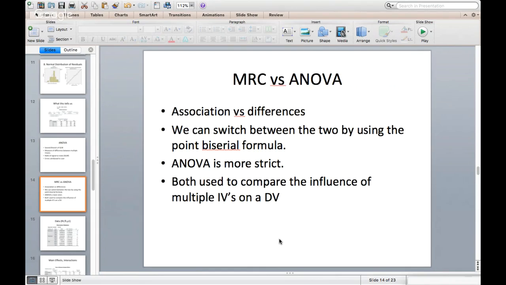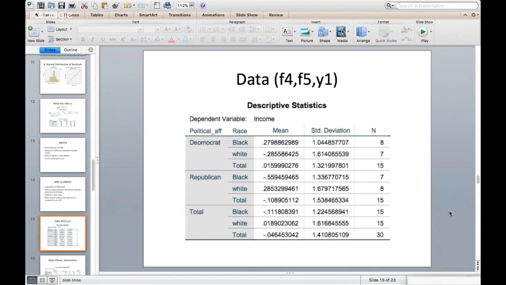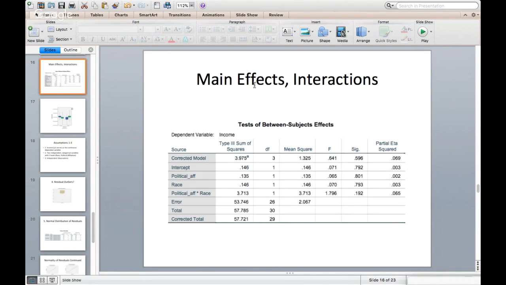Like I said, ANOVA is more strict, but essentially they both compare the influence of multiple independent variables on a dependent variable. So for the data, I tried to get cool and used political affiliation for F4 and race for F5, and then the dependent variable is income, so those numbers aren't important. So, main effects and